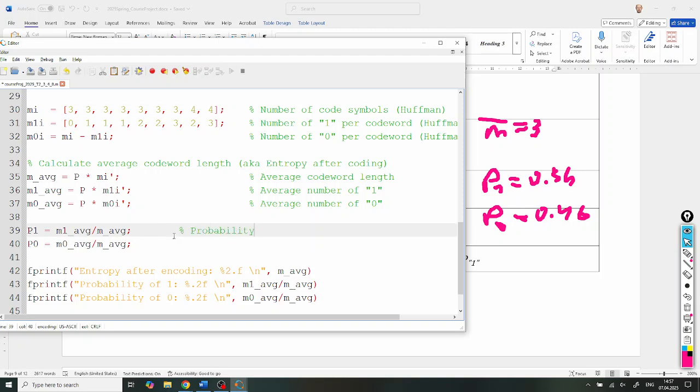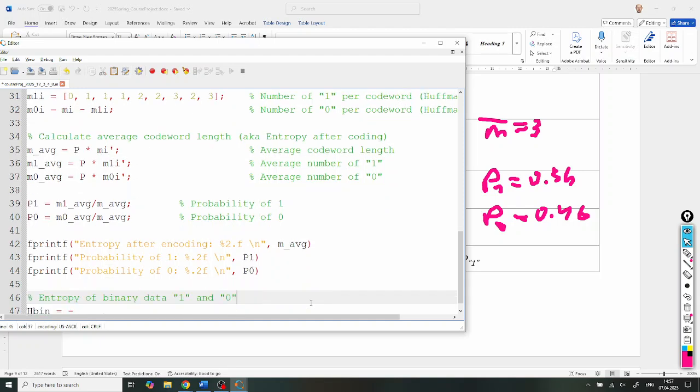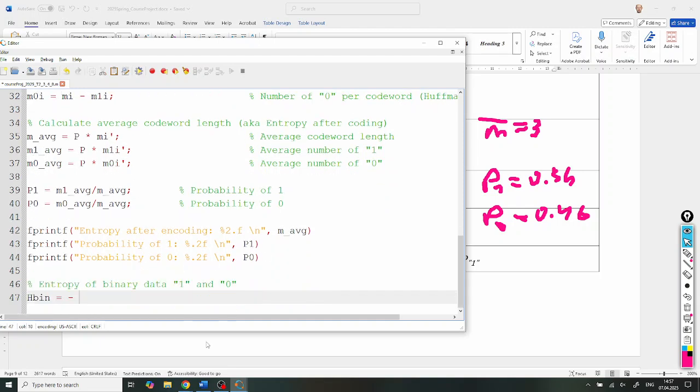So probability 1, probability of 0. So here I have P1, here I have P0. Now that I have them saved as variables, I write P1 multiplied by log 2 of P1 minus P0 multiplied by log 2 P0